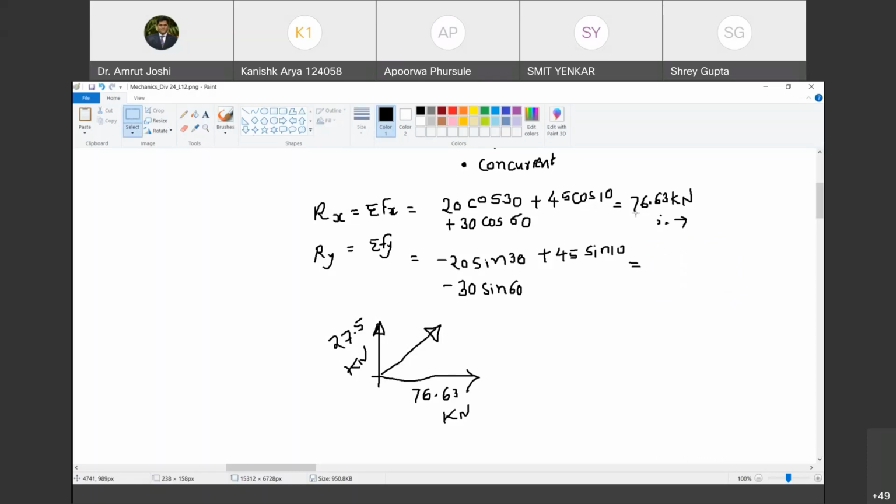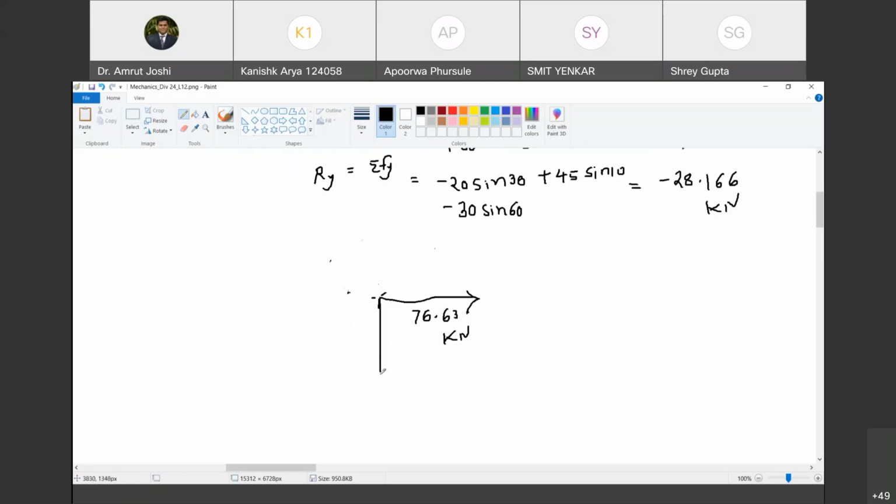How did two students manage to get the same incorrect answer? Minus 28.16 kilonewton. So therefore, instead of 27.5 kilonewton, I have to show the resultant in which quadrant? Second quadrant? Are you with me? I don't remember in which sequence the quadrants are named; whether you call it second, third or fourth doesn't matter. I will show it here pictorially. This is 28.16 kilonewton, this is Ry, so R is going to lie in this quadrant. Are you with me? Yes, sir. The fourth quadrant, sir. Yes, the fourth quadrant.